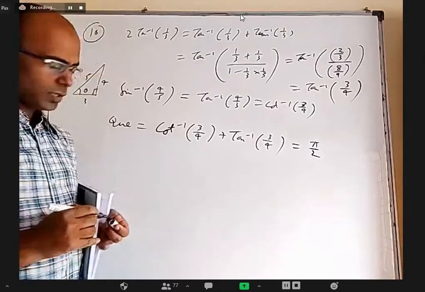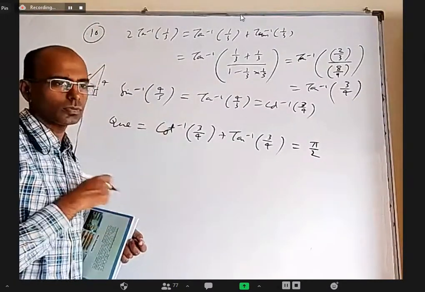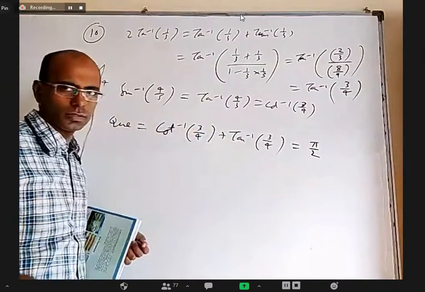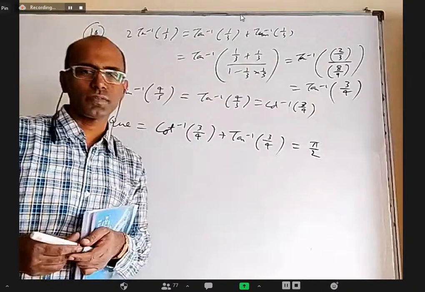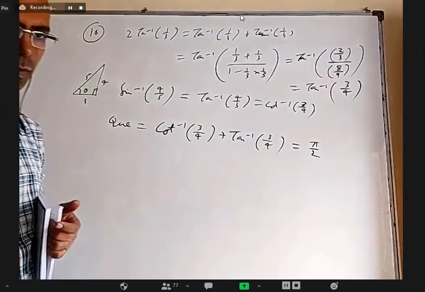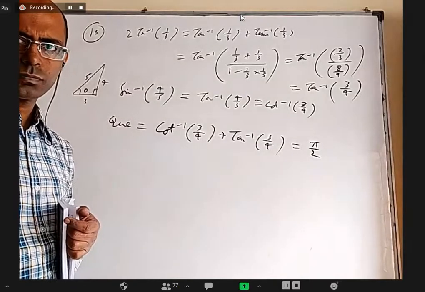One may say, can't I write this as tan inverse of 3 by 4 by 3 and apply the formula? No, because at that time x into y will be 1. We'll get tan inverse of something undefined. Okay, you have to understand it is a case of xy equal to 1 where it is pi by 2. Is it okay, 10th one? Yes, sir.